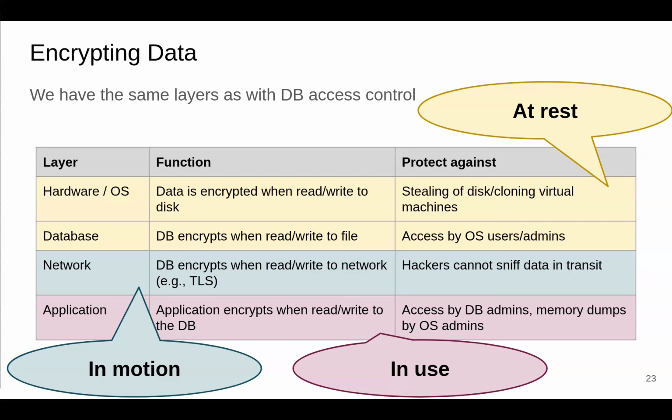At the network level, this is whenever data is being transferred back and forth. I already mentioned TLS. At the application level, if you don't trust the database itself. Right? So for example, if you do end-to-end encryption in Signal, the Signal application running on your phone will just store an encrypted message somewhere on the server to forward it to the other party without the server actually being able to read or access or act on your data. Let's now discuss all of these three different areas in a bit more detail.